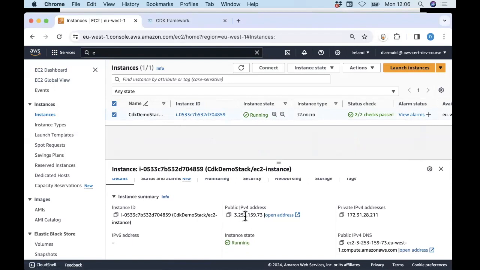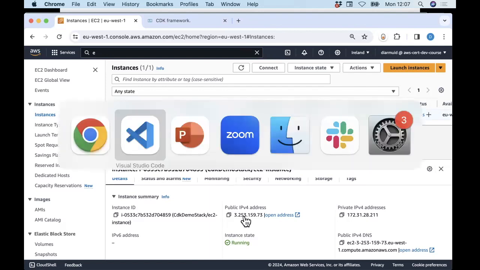Now, at the moment, that EC2 instance, that virtual machine running the Linux operating system, is up and running in the cloud, but I cannot access it at the moment. The default is such that I cannot connect to it using, let's say, SSH. That's the default setting. So I want to try and SSH to my EC2 instance. In order to do that, I've got to add some infrastructure